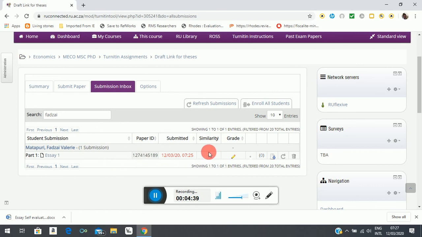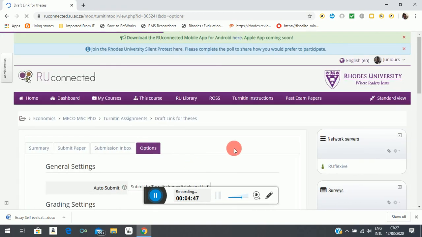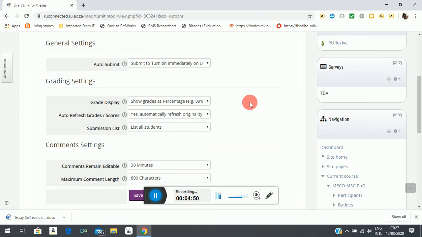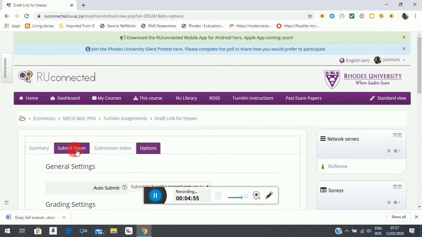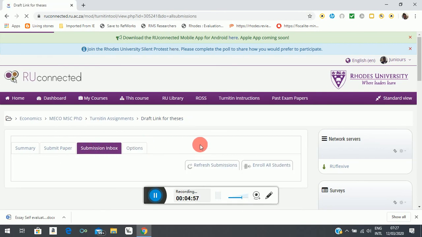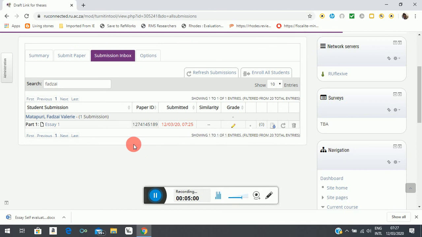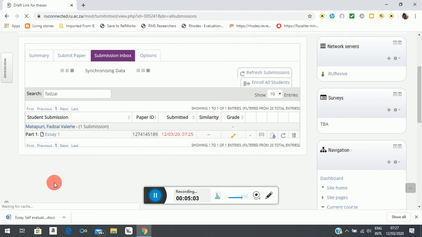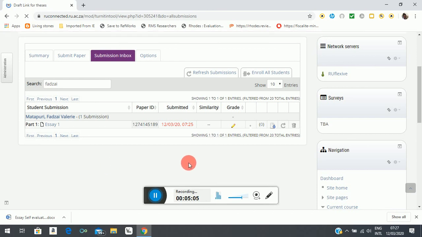All right, it's taking long. It should immediately show this up. I don't know what's going on. It should automatically generate that. Anyway, that's what you must do when you are submitting your paper to Turnitin. It's a fairly straightforward process. So let me stop here. But once you have it here, there's something I wanted to show you. Maybe I should go back to those that were